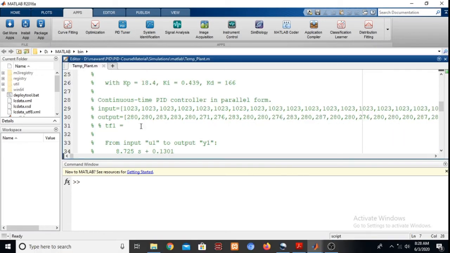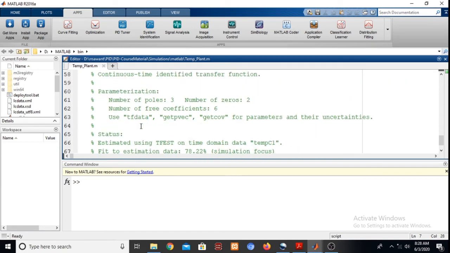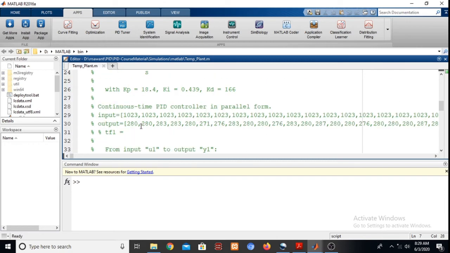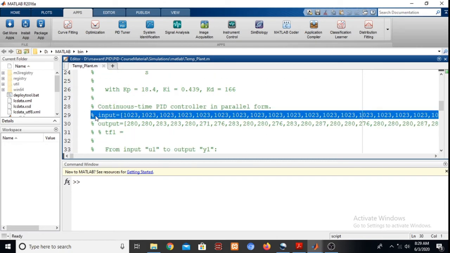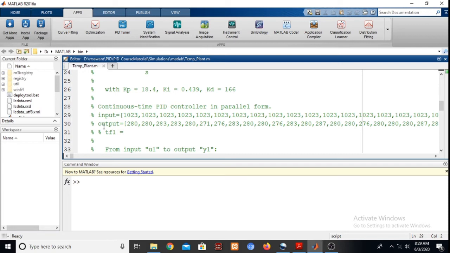So we have got an input column here. We'll say that here this is the input string and this is the output string. Okay, and if you run this program, the data is actually placed here row wise.